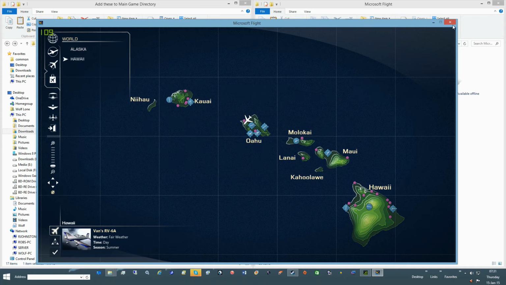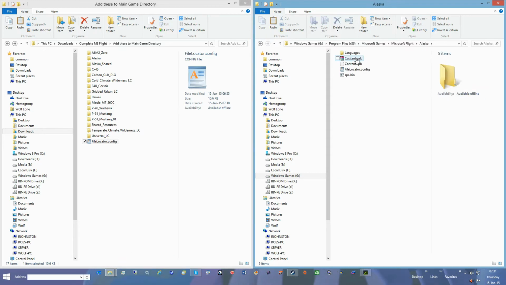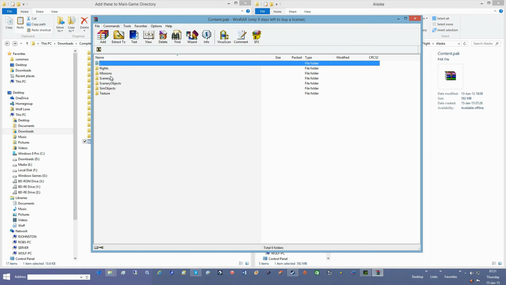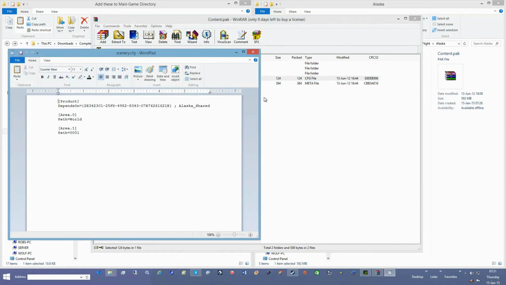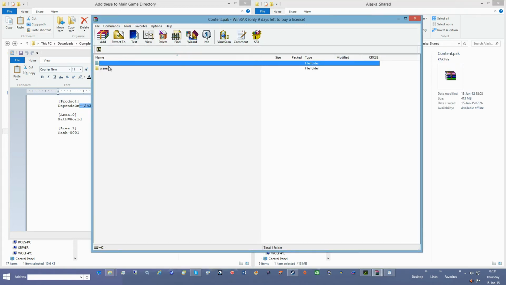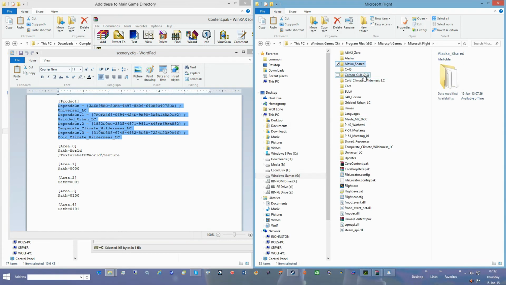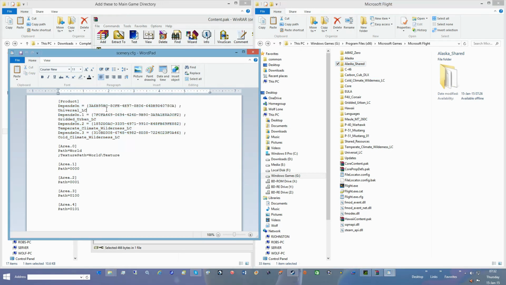if I open up content pack, go scenery objects, Alaska said it depends on this, which happens to be Alaska shared. And Alaska shared here, if I open up content pack here, go scenery, it depends on these ones. And I have these here, but the depending part is this folder name. And this folder name, if I go back to Xbox where it would normally download,